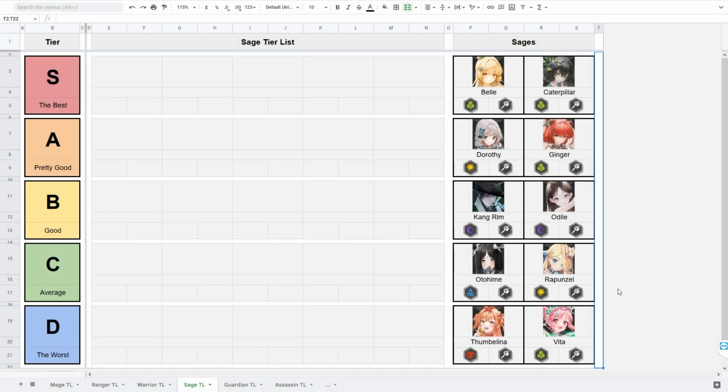In today's video, I'm gonna create the tier list for sages. And before I start doing it, I want to make it clear that this tier list will be based on my own experience and opinion after playing Grimlight since day one, so like any other tier list, it won't be 100% accurate, but I'm sure it will be good enough to help new players to figure out which heroes are